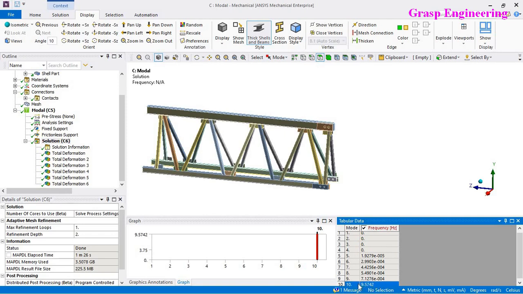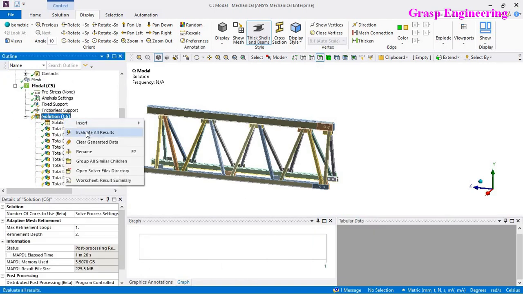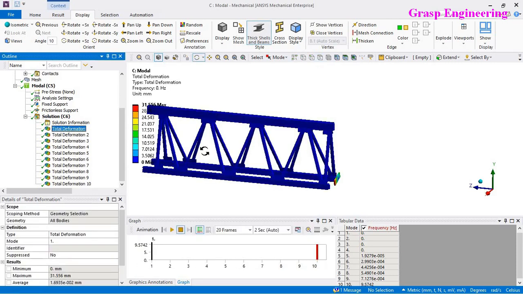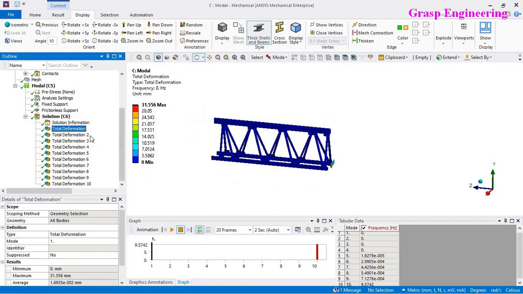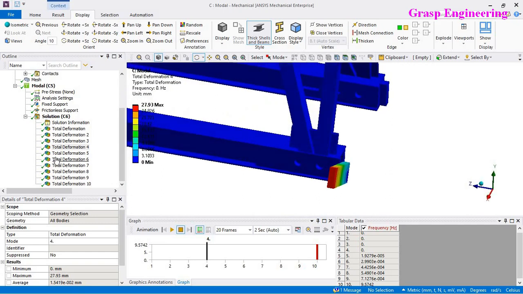But you see that only the 10th mode shape has some frequency, which is 9.57, and before that, for all the mode shapes 1 to 9, the frequency is almost 0 Hertz. So let me extract these, create the mode shapes, and right click evaluate. For all 10 mode shapes, you can see which are the flying modes. Here you can see that these are the flying modes. If you zoom in, you will come to know exactly which it is.